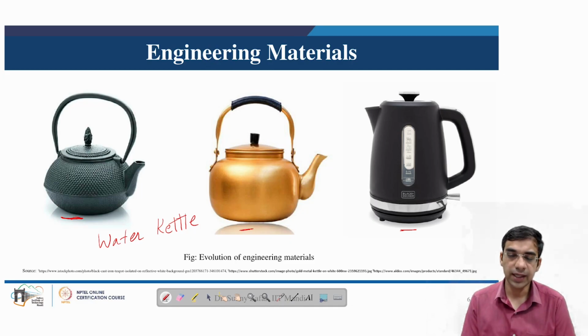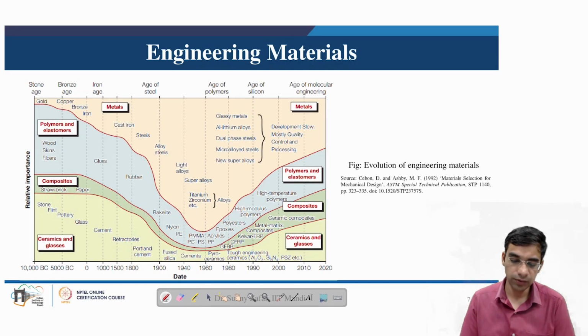But the basic functionality is same, but as new and new materials, new and new technologies kept on developing, the shape, the size, the functionality of this product has changed. So by understanding this concept with this simple example, we look into how the engineering materials were evolved and how their relative importance kept on changing in different times